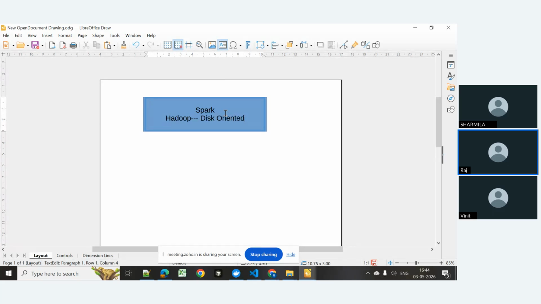Disk oriented means in terms of speed, the speed was less as compared to Spark, around 10 to 100x less. So basically the speed of Spark is 10 to 100 times faster as compared to Hadoop. And why? Because